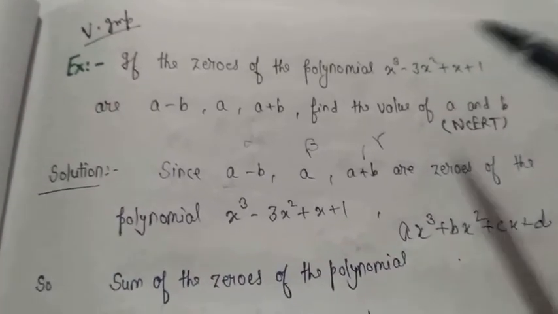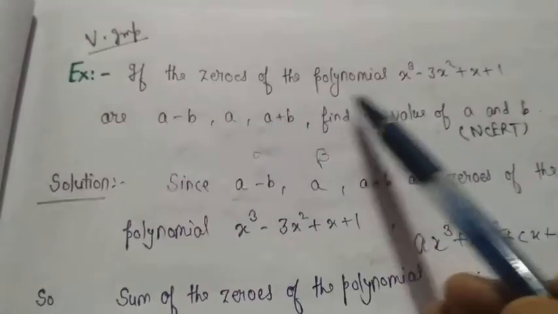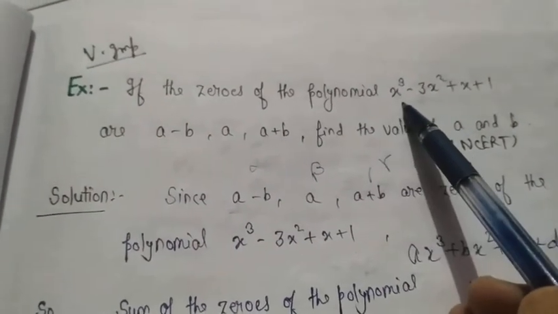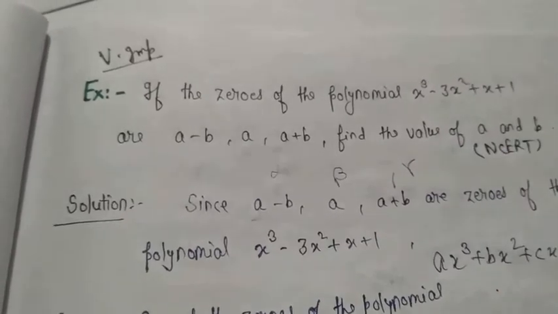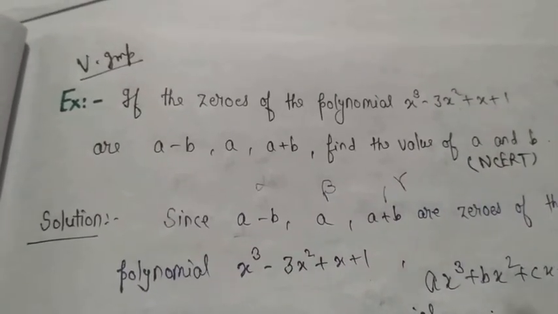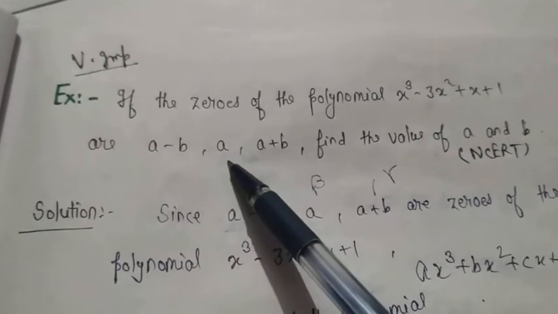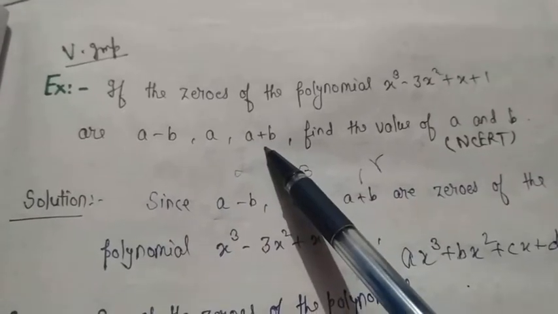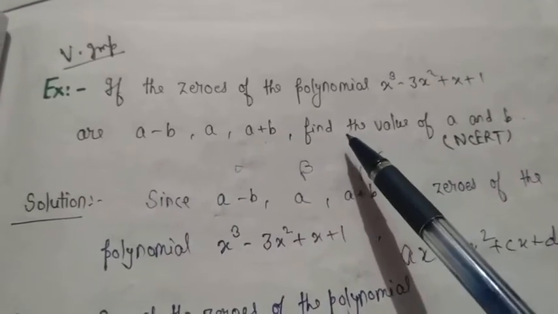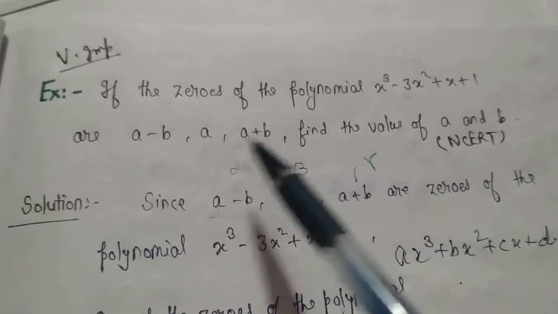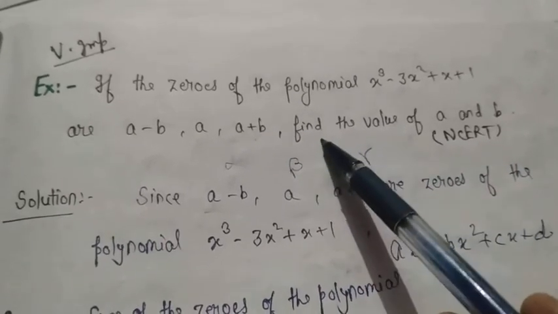See, in this question one polynomial is given, x cube minus 3x square plus x plus 1, and its zeros are given, that is a minus b, a and a plus b. Means zeros are given, means alpha beta gamma value is given, so we have to find the value of a